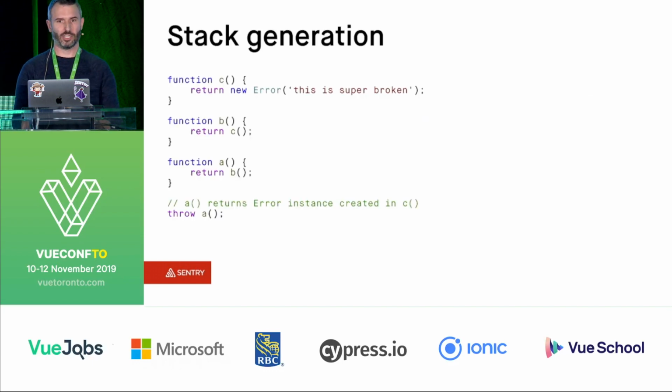Stack traces are generated in a very specific way that might be obvious, but I think to some would be non-obvious. If I call this code, it looks a lot like the one that we had earlier, but instead of throwing the error or calling a function that doesn't exist, I generate an error object, and then I return it up the call chain until it's thrown at the very top, throw A. Okay? If I call this code,